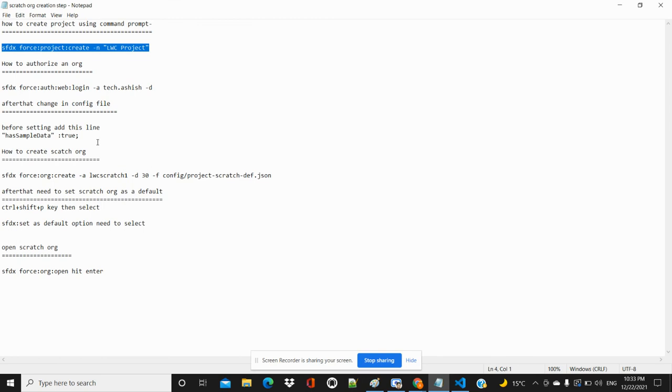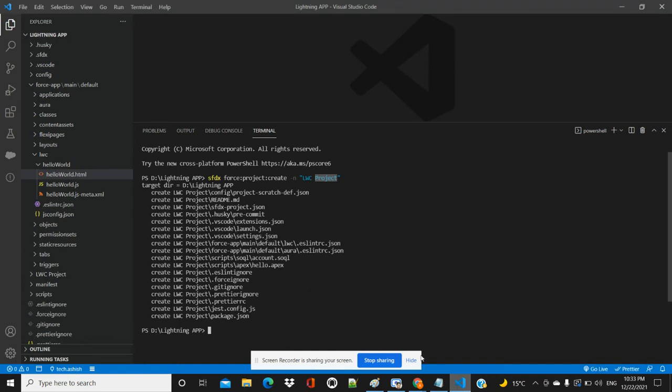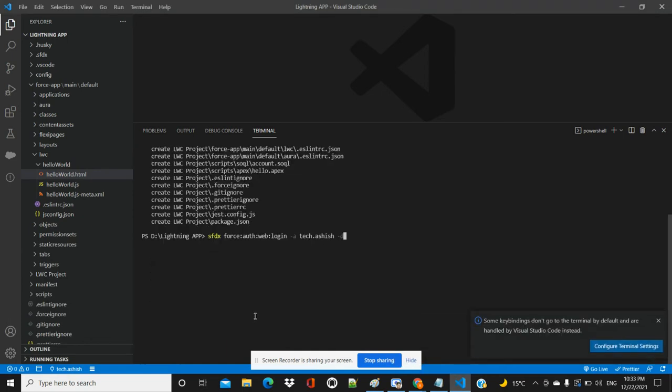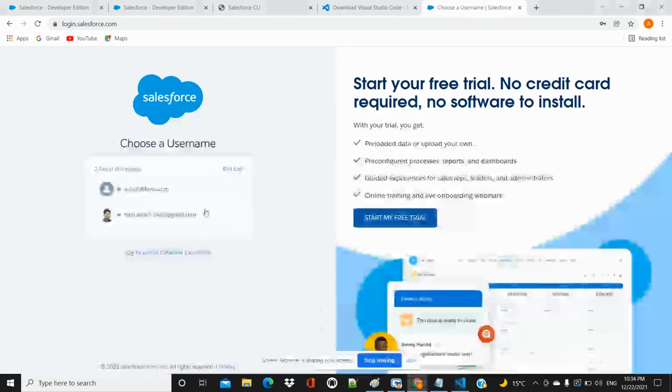After that, the next command is there: if you want to authenticate, this command is required for login purpose. This is the command: sfdx force colon auth, meaning authentication, web dot login, web browser, and hyphen a alias name. Before that I am telling you how you are able to give the alias name.